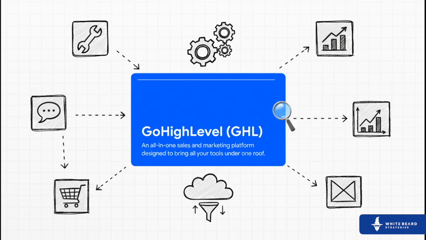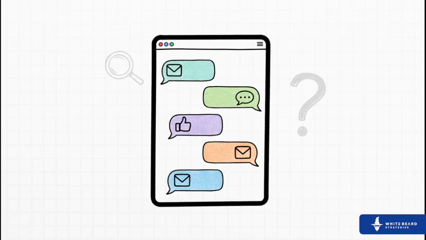At its core, it's built to be this all-in-one platform. The entire goal is to stop you from having to use a dozen different tools all patched together, and instead, bring everything you need for sales and marketing under one single roof. And the direct fix for that communication maze we were talking about is this: a unified conversations inbox. Seriously, just imagine one screen where every email, every text, every Facebook message from a single customer is all woven together in one long conversation. No more hunting, no more guessing, it's all just there.